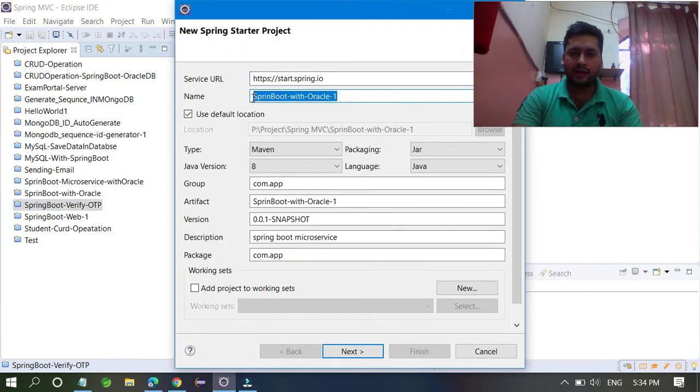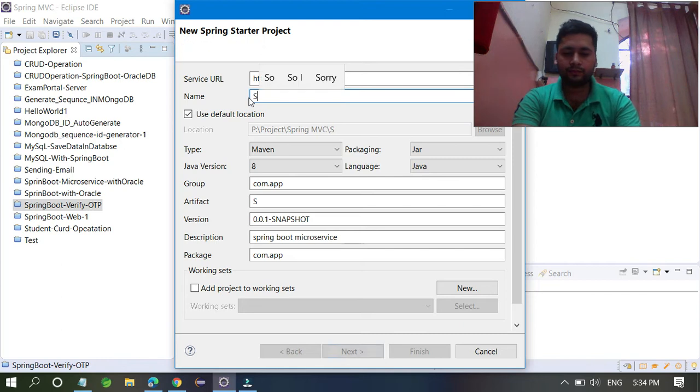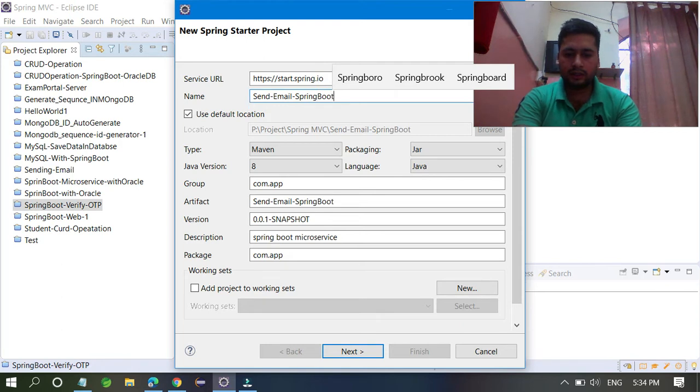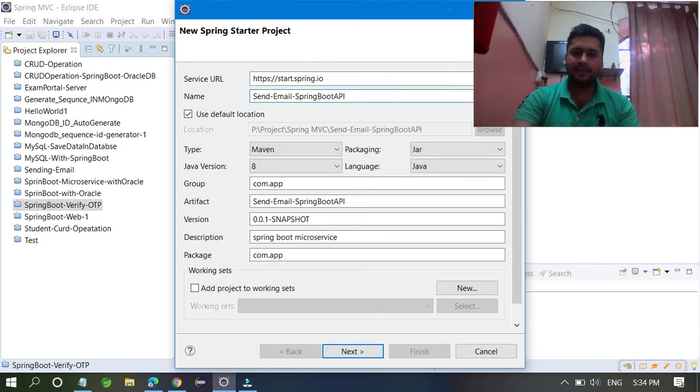Here you have to write send email with Spring Boot API. That's it. Now I'm going to take Maven and Java 8.